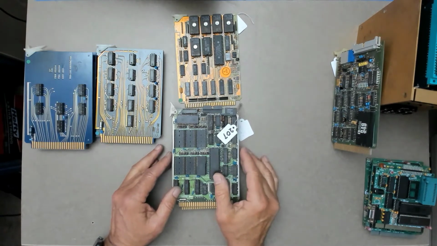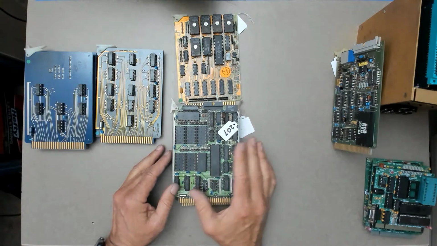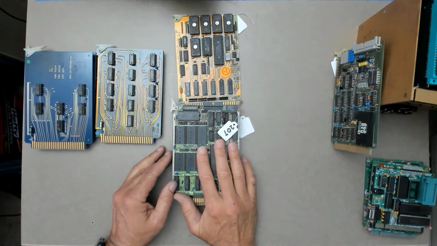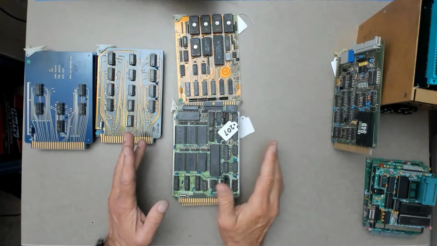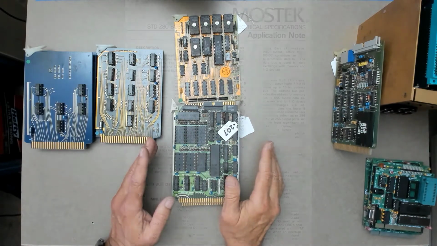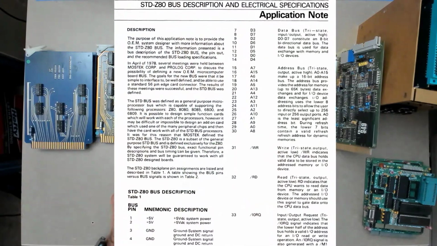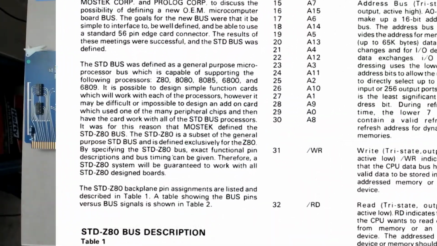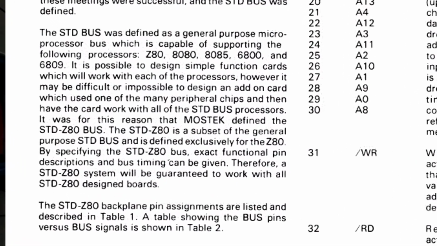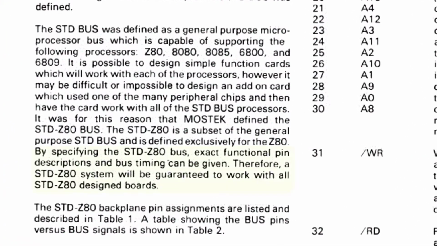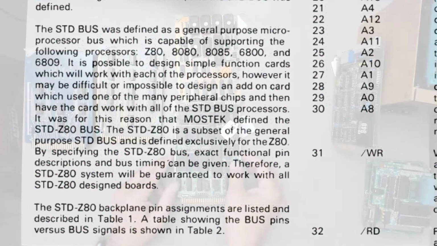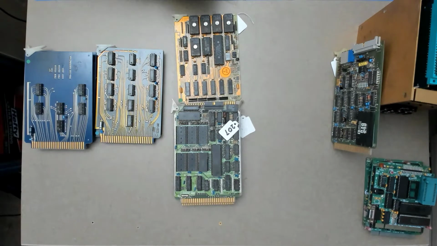As another thing, if you go back and look at a lot of the advertisements and literature, while most STD manufacturers were working overtime to ensure compatibility between different boards, Mostek was making a great effort to lock users into their hardware with wording like, be sure to specify STD Z80 bus, and including the disclaimer in documentation that Mostek will not be responsible for any incompatibility of other manufacturers' STD bus hardware with Mostek's STD Z80 system. So Mostek was clearly defining a separation of their products from the other manufacturers.